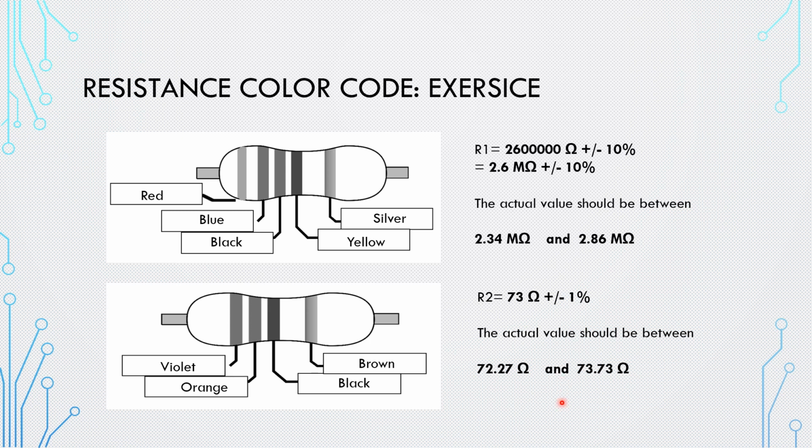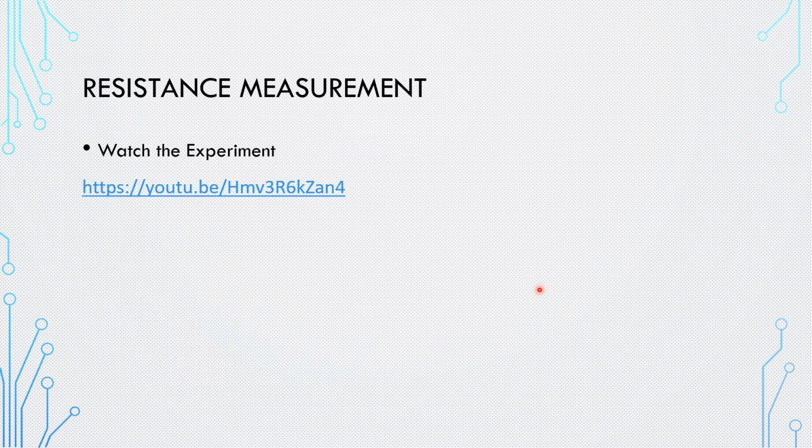Now let's go to the second part. The second part of the experiment is going to be filmed in the lab, and you're going to use the ohmmeter. You're going to learn how to use the ohmmeter to measure the resistor. So after watching this video, you're going to learn how to connect the multimeter, how to deal with the breadboard, and how to measure the resistor. After finishing this video,